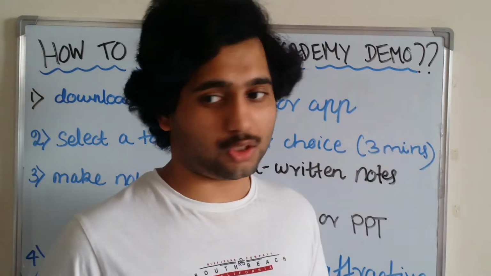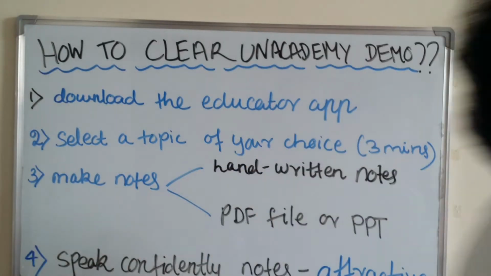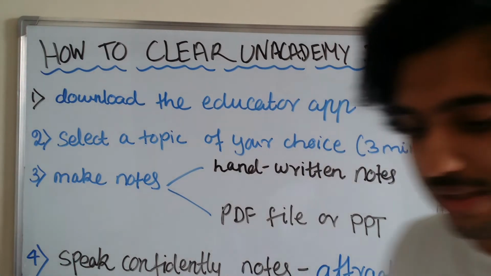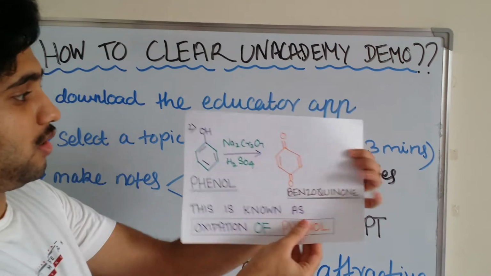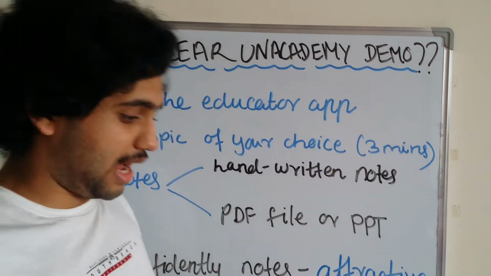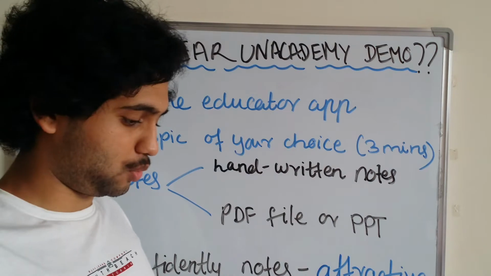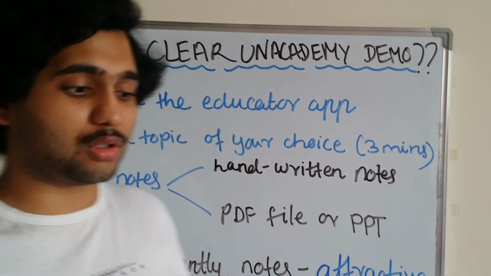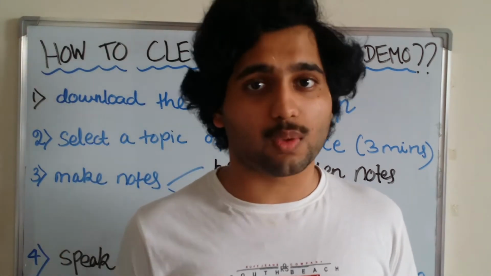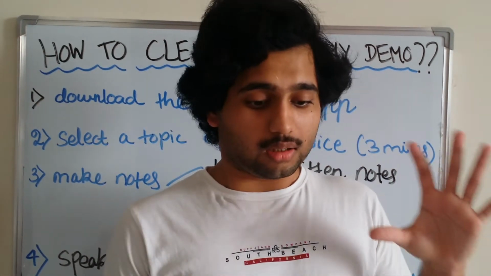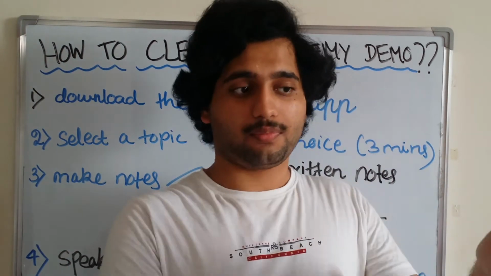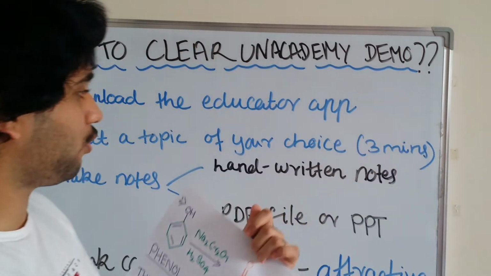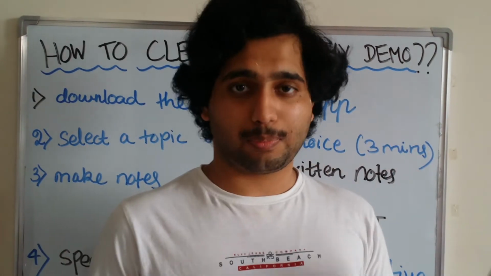So you need to take a white sheet of paper. I'll show you. So as you all can see, these are the notes which I made. Okay, I made some reactions for chemistry and I uploaded them and I got selected in my third attempt. So like this, you should have colorful notes. You have to click a photo. The ratio should be 1:1 or 16:9. Never click your photo in portrait form. Click it in horizontal form, the landscape form, and then scan the PDF or scan